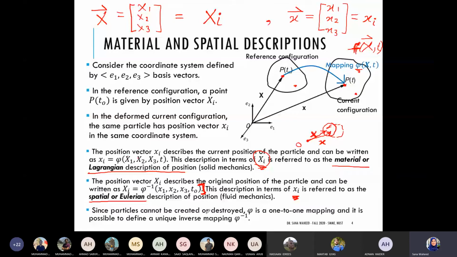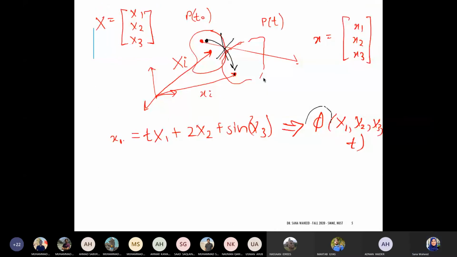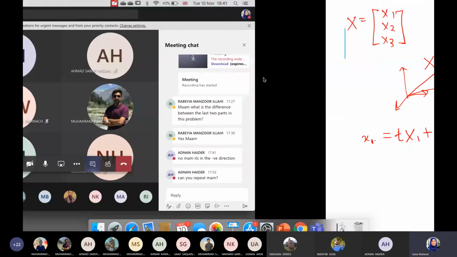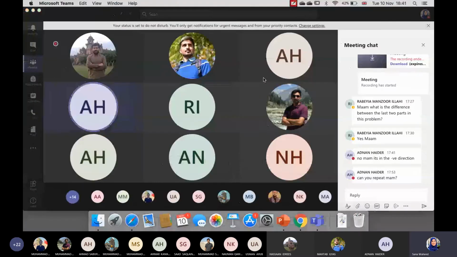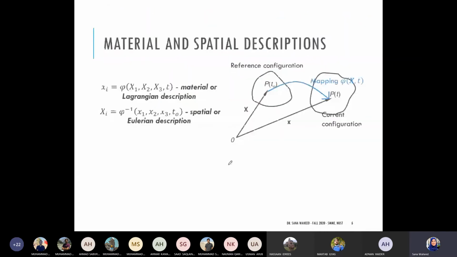What time is it right now? 6:41. Okay, I think we can carry on for just a little bit, ताकि ये at least material description को हम अच्छी तरह explain कर लें. So,